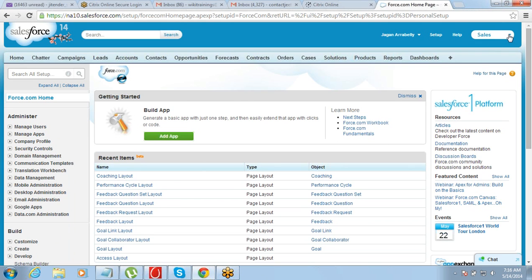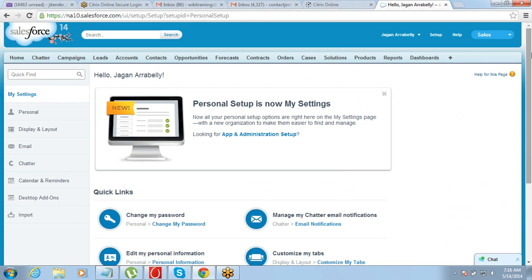So we just saw that we have an application drop down here. Which application we want to see, that will be available here. We can select one of the applications from this applications drop down. We will have the setup menu to do any sort of changes, and we do have My Settings where we can go and make changes to our personal settings. Clear?